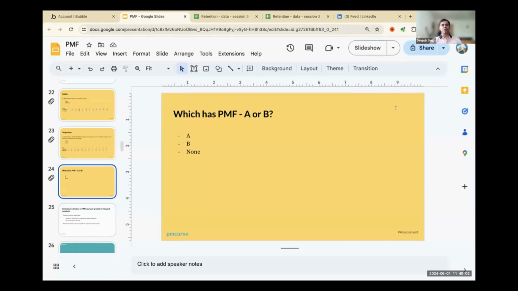The only thing that you need to change is possibly targeting: these 5% who keep coming back, let me get more of these people. But we'll talk about that, how do you improve PMF. Usually there's no benchmark for good retention for PMF. As long as the curve flattens, you have PMF. If the curve does not flatten and in the long run, in month 12 or month 24, everybody goes out of the window, you don't have PMF.